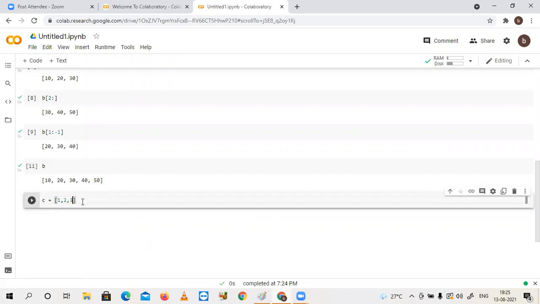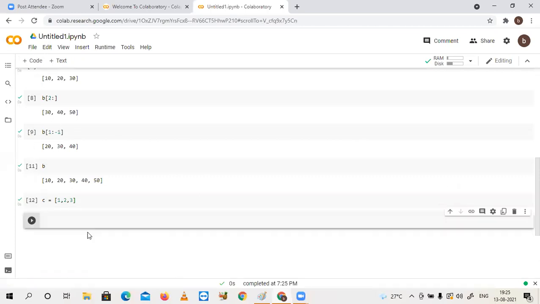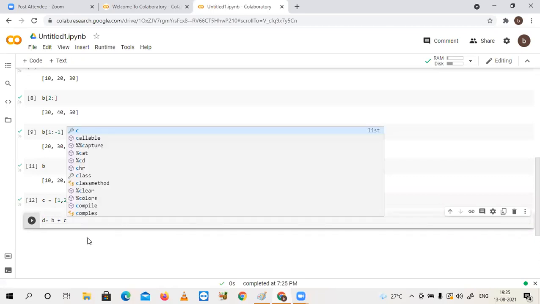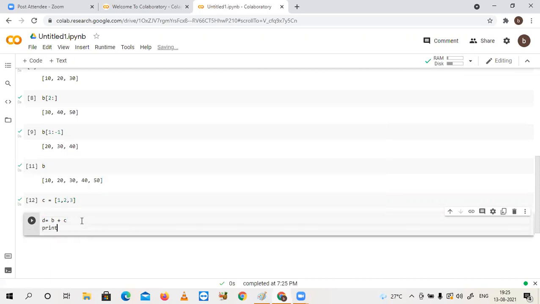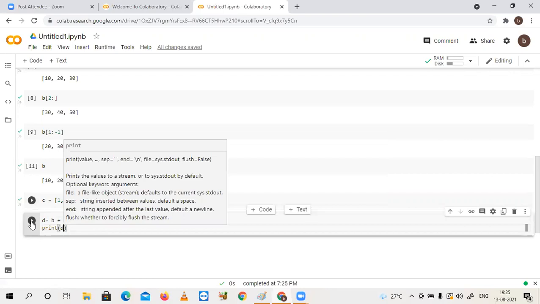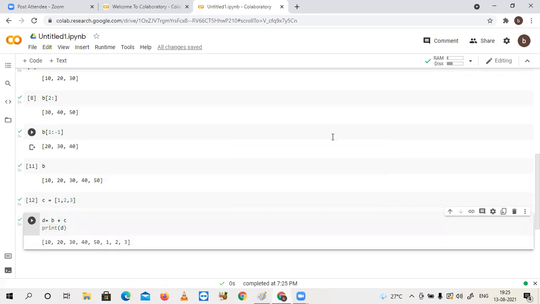B has 5, C has 3, totally 8 elements I am expecting. Observe this operation. D is equal to B plus C. Understood? Now I am going to print that D. How many are you expecting here? Totally 8 elements, merged or not? Yes. In this way, different list objects that you can merge.